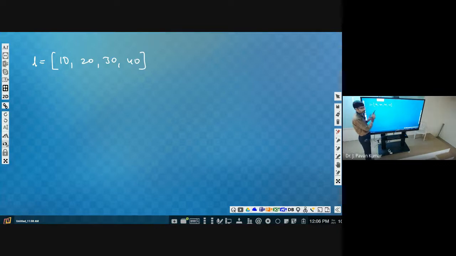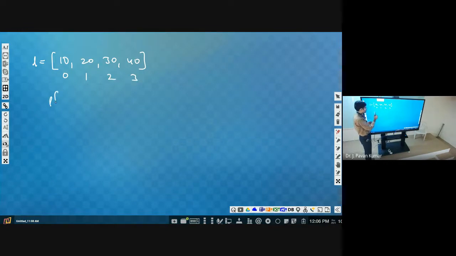We will be having order. Order in the sense that we could specify that at the second position we have so and so element, at the third position we have so and so element. We could say exactly, and that can be achieved by using index 0, 1, 2, 3.